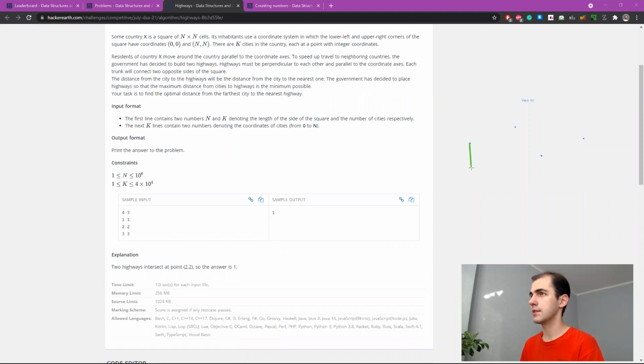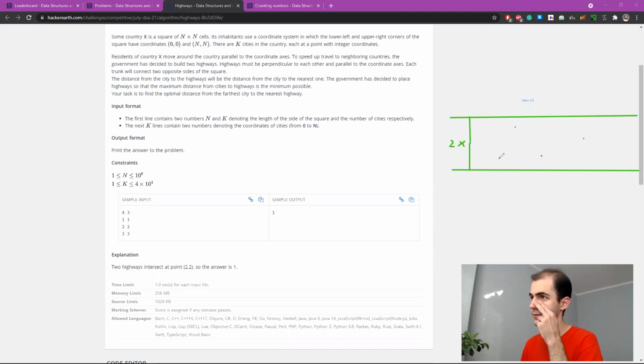If you take any city, you get a horizontal strip of height x plus x, which is 2x. And this city has to be covered by at least one.